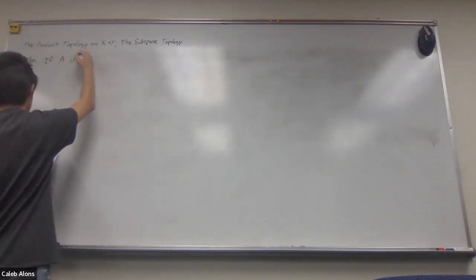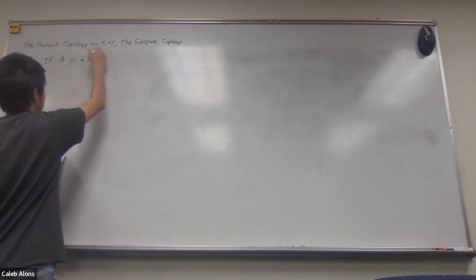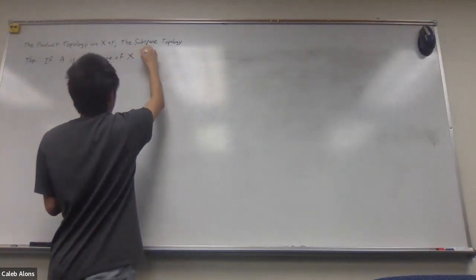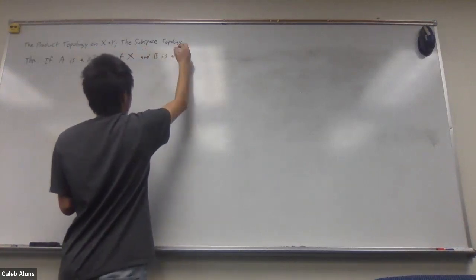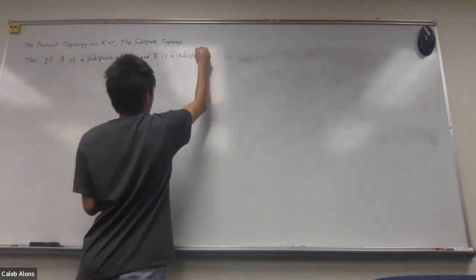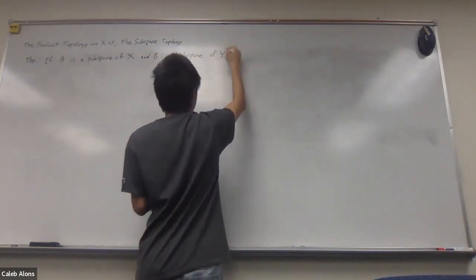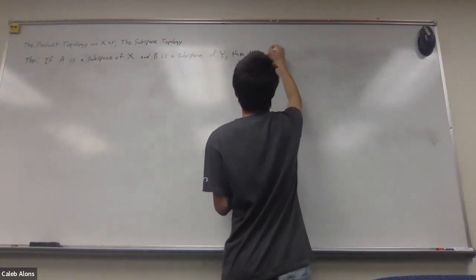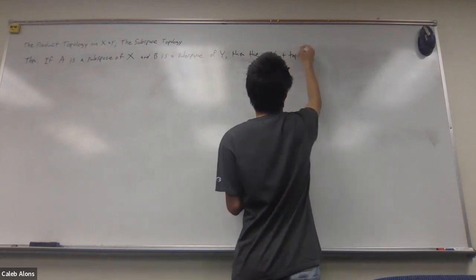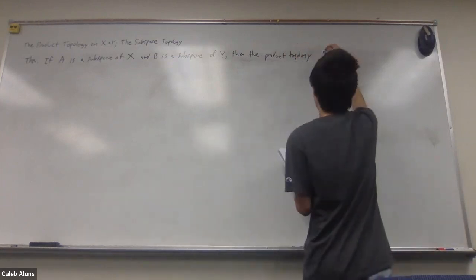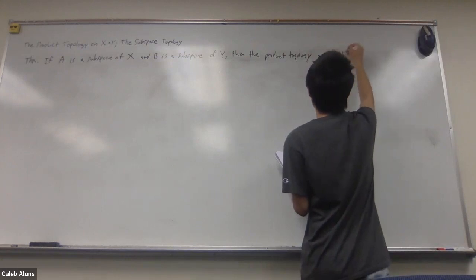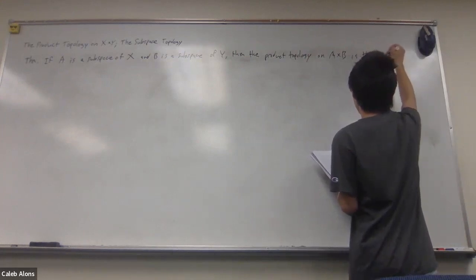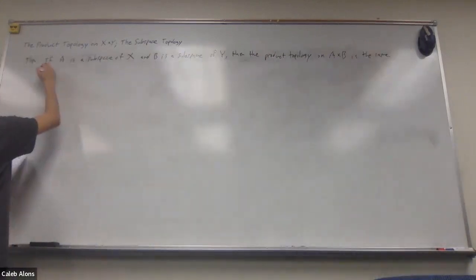So if A is a subspace of X and B is a subspace of Y, then the product topology on the subspaces A cross B is going to end up being the same as the topology